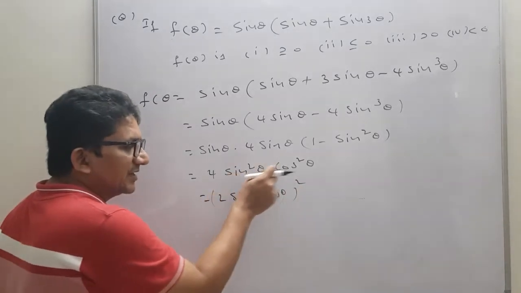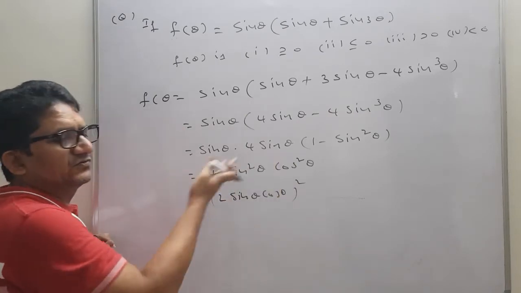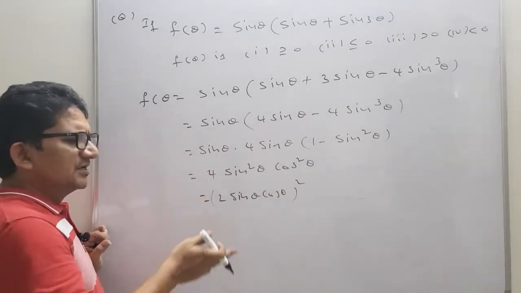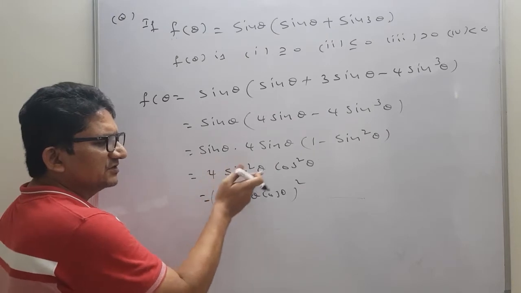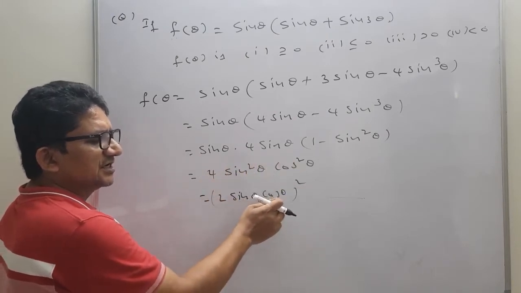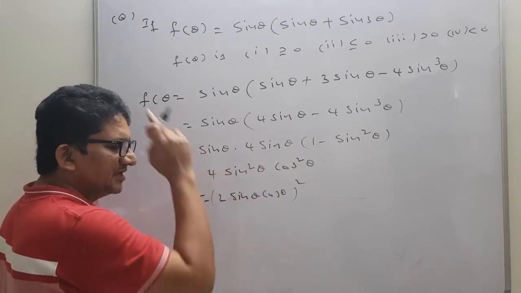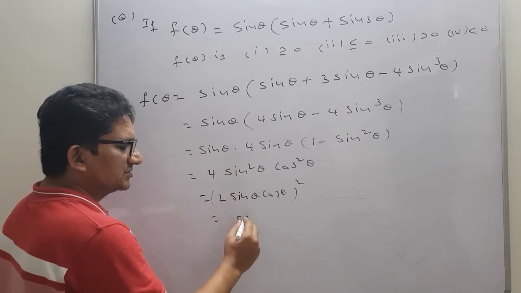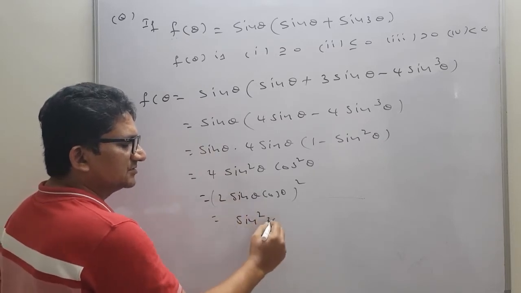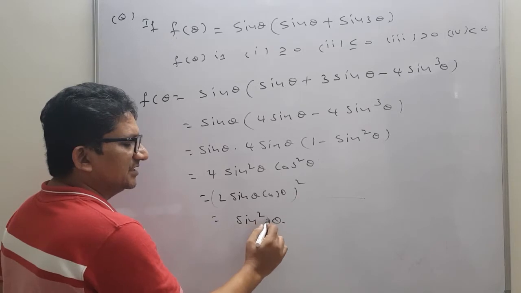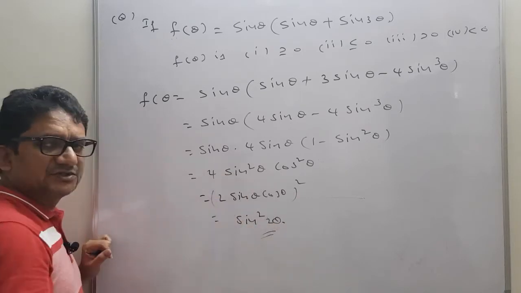So don't try to analyze these two things differently and try to find the range and all those things. Simple way, 4 sin square theta cos square theta is 2 sin theta cos theta whole square. So for this the sin 2 theta formula should immediately strike in mind. So this is sin square 2 theta. Now with sin square 2 theta, we can think about this one.